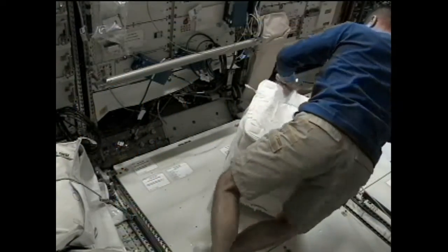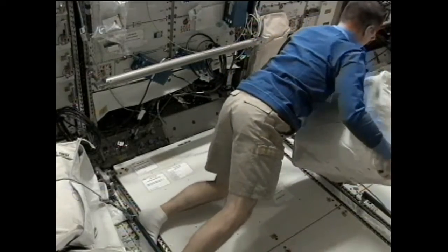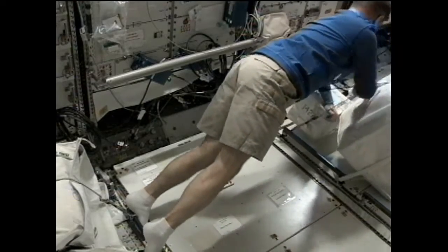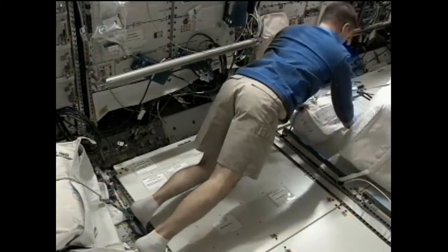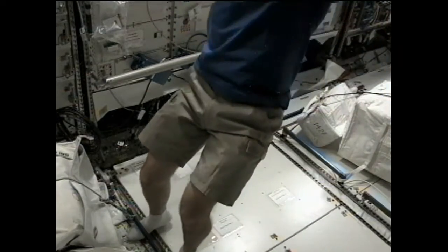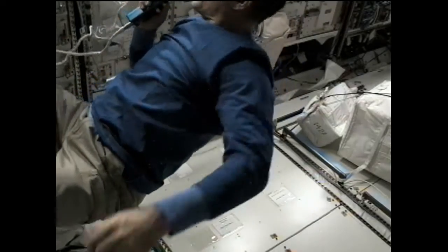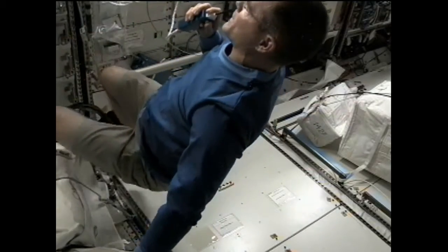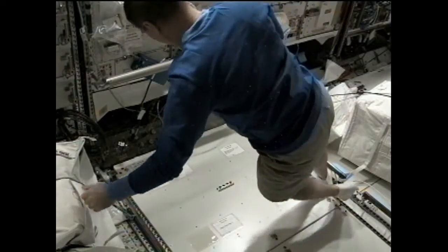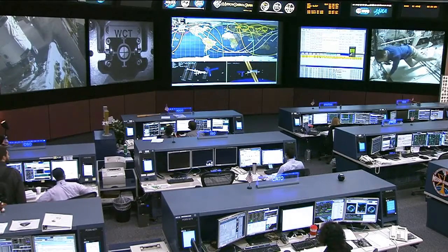Kevin Ford and Tom Marshburn have spent the rest of their morning replacing the knee braces inside the Columbus laboratory. These basically help the crew members hold themselves in place as they're working on different types of experiments there inside the European laboratory. Obviously, there's no gravity up in space, so if you push on something, it pushes back on you, and you basically back away from whatever experiment you're working on. So you need to hook yourselves into and secure yourself there in the laboratory. So they are going through the process of replacing those knee braces that help them while they're working in that